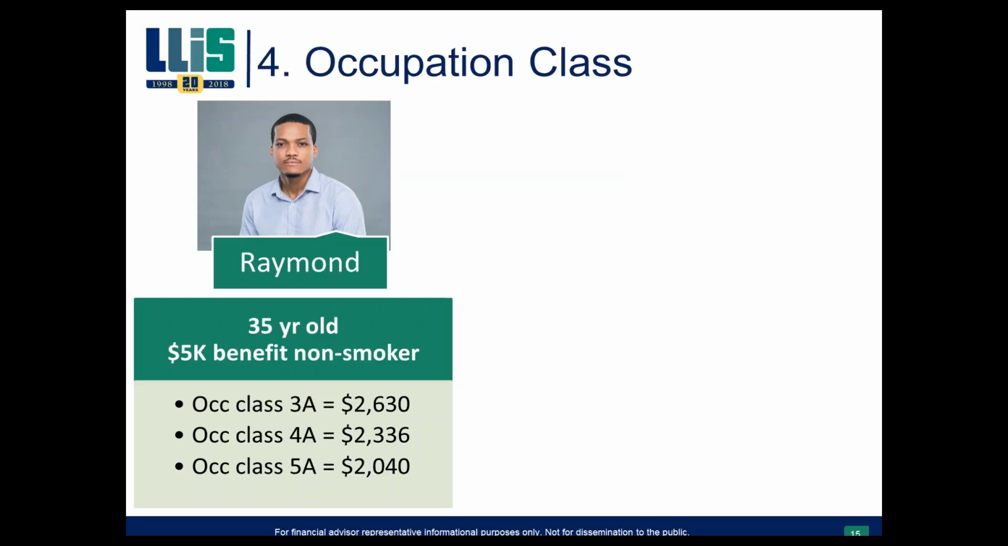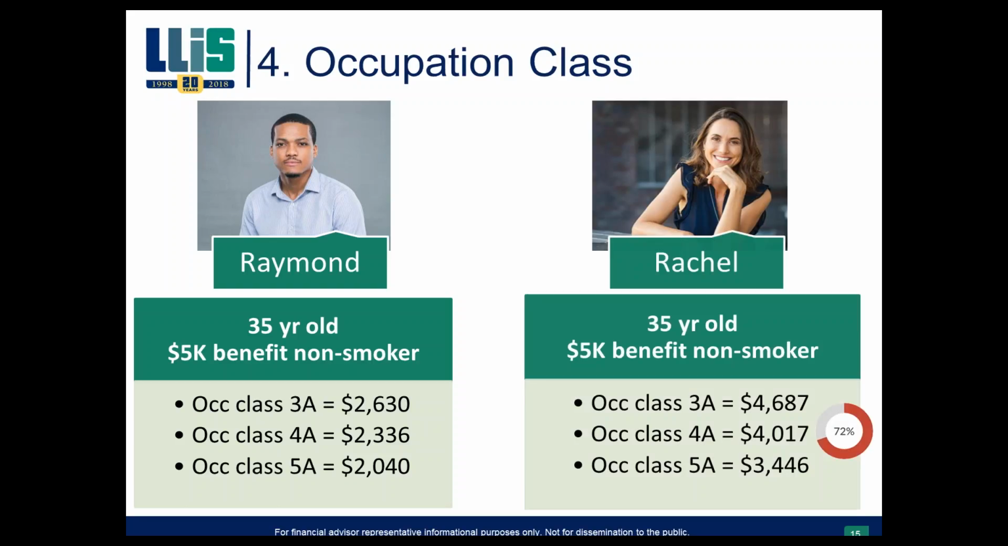So this next slide is to illustrate the impact of the occupation class on the premiums. Here we have Raymond. He's a 4A financial planner making $75,000 or more, and he was eligible for $5,000 of monthly benefit, and in his occupation class he'd be paying $2,336, which is not too bad. But look at Rachel here. Rachel is doing the exact same job with the exact same benefit and the exact same age, and she's paying